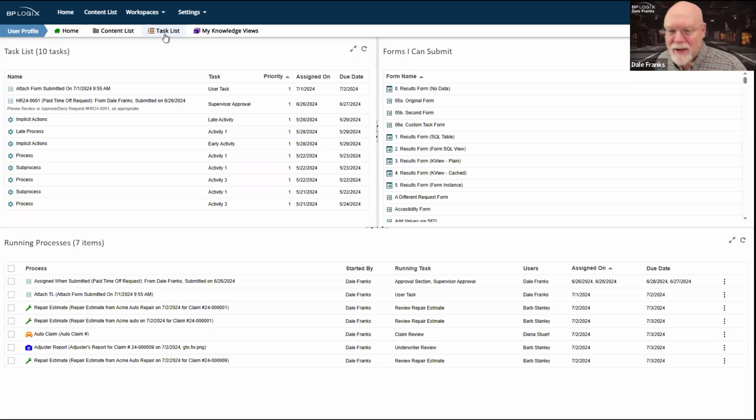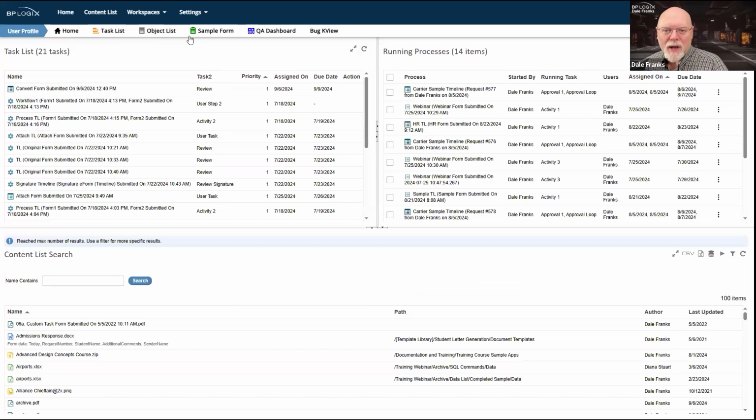If I click this button, I'm fairly certain, based on the verbiage that I've included here, that it will display my task list for me. And when I click on that button, it's not displaying the task list. I'm not sure whether it's configured or not. I may not have any of these configured. It doesn't appear that I do on this particular server. So we'll go back to this one.